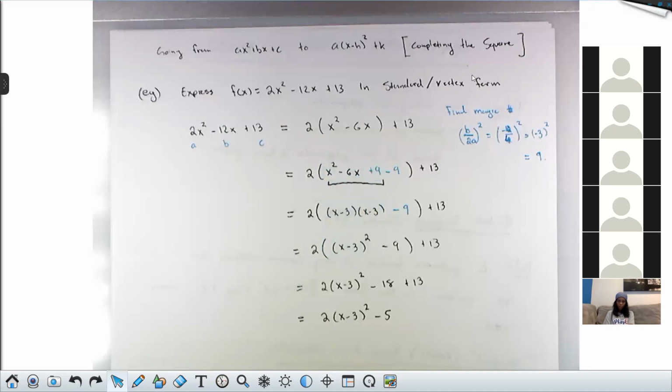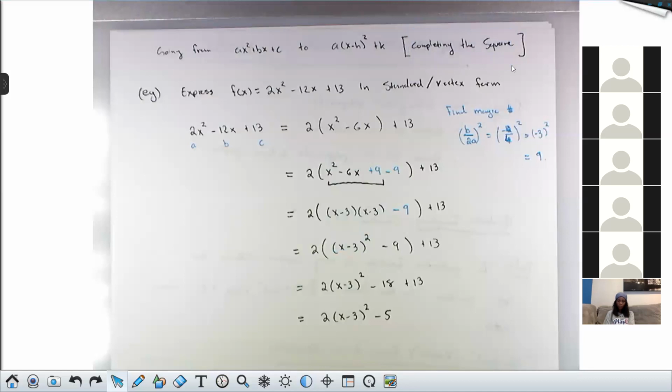Each quadratic has its own special or magic number, such that when you add it to the first 2 terms, the result is going to give you a perfect square. And then if I'm going to add this 9, I have to subtract it. I can't just add the 9 and say, oh, that didn't change anything. Of course, that would change things. So if I add something inside here, I have to also subtract it to balance things out. And the 9 is special. It is the magic number associated with this quadratic that will allow me to factor those first 3 terms as this perfect square. So the perfect square right here is why we call it completing the square.